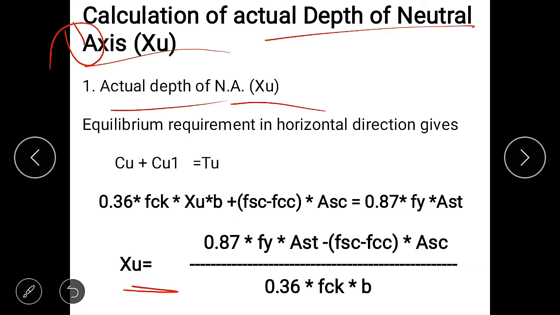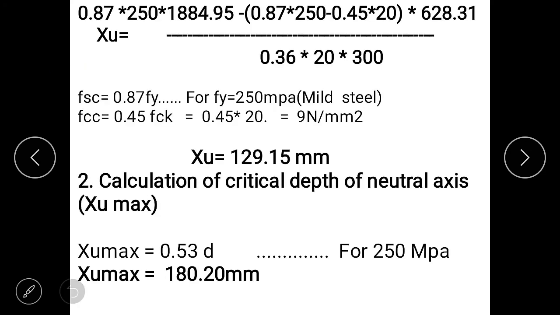What is the formula for XU? It is 0.87 Fy into AST minus (FSC minus FCC) into ASC, divided by 0.36 into FCK into B. So here we put all values. 0.87, our Fy is for mild steel, which is 250. So Fy is 250. AST is 1884.95, as 6 bars of 20 diameter are given. So AST is 1884.95 minus